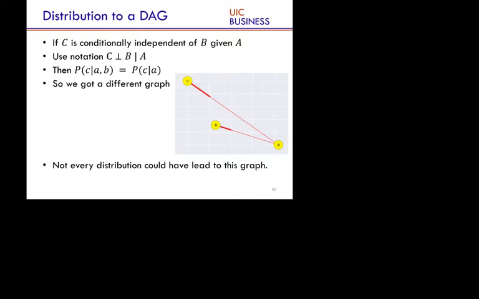So C is conditionally independent of B given A. That's what this reads. So if C is conditionally independent of B given A, then probability of C given A comma B is probability of C given A. You get rid of the B. Remember the conditional independence formula, right? Probability of